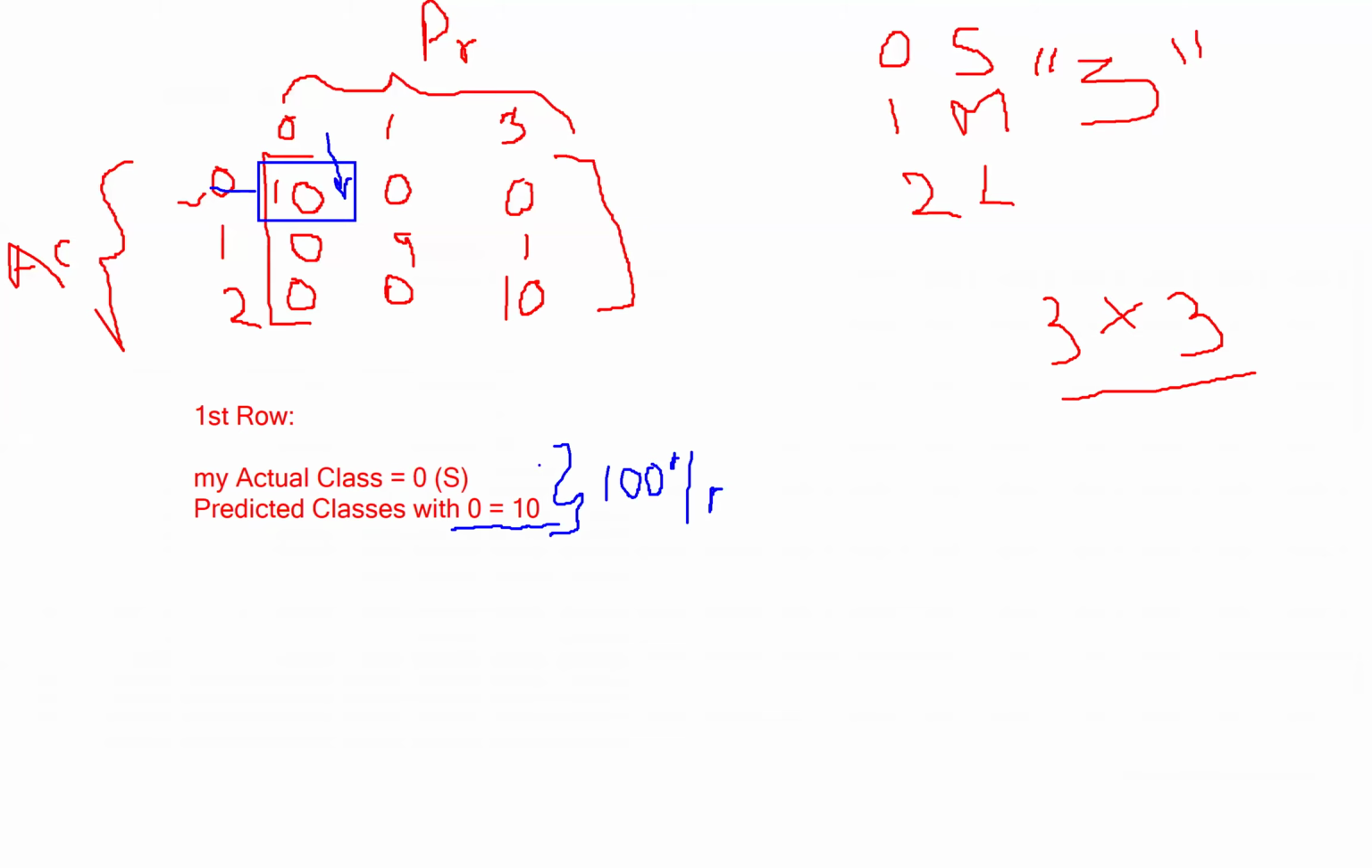Let's see the second row here. So second row for class 1, right? What does the second row represent here? The second row represents that my actual class is 1, which is representing the medium size of the t-shirt. In my prediction,